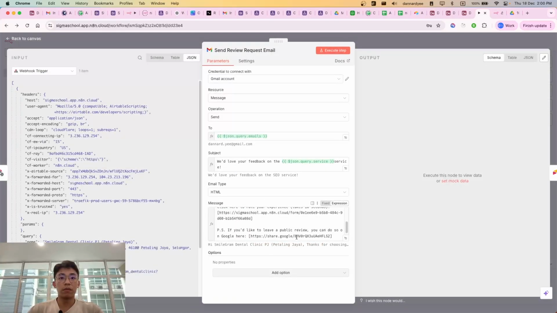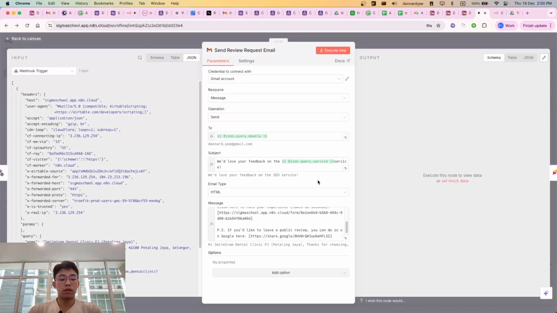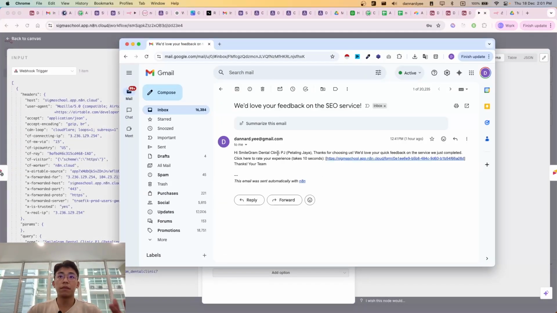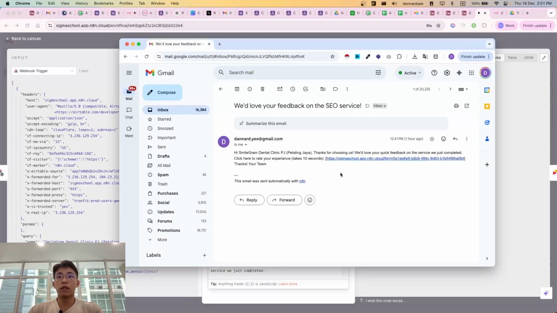So they'll get an email something like this. Obviously, you can have better spacing and actually make the email nicer, because it's just HTML and you can include some better formatting. So after they fill up this form, which